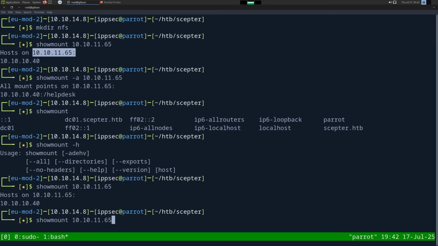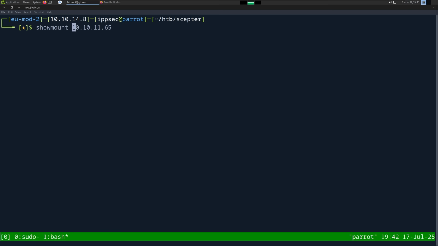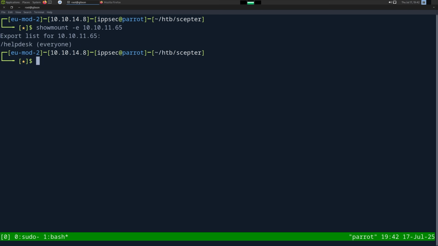Oh, I ran showmount. Yeah, I have no idea what I'm thinking. If we do -e, that's going to show all the exports. And the export list is /helpdesk, and everyone has access to this. So we can mount this directory. So I'm going to do a sudo mount -t nfs 10.10.11.65:/helpdesk, and then nfs is the folder I